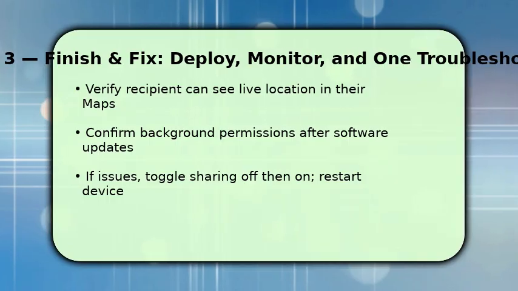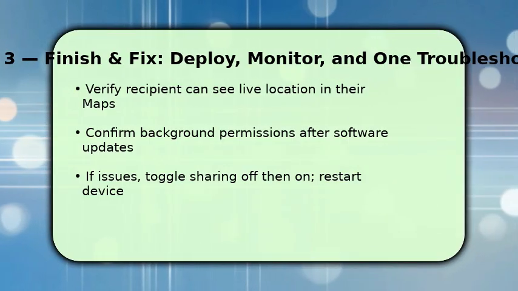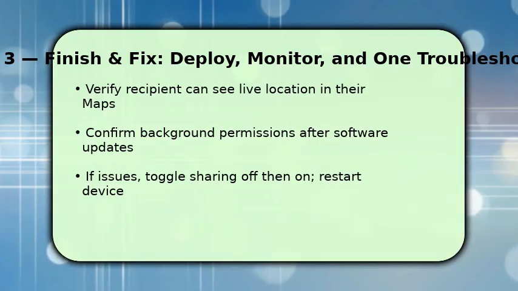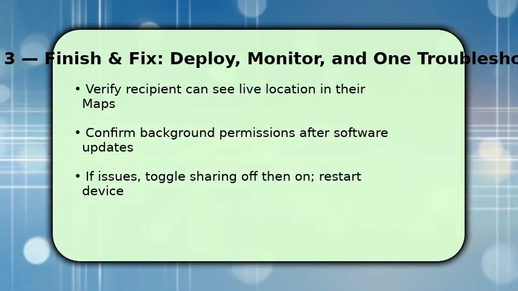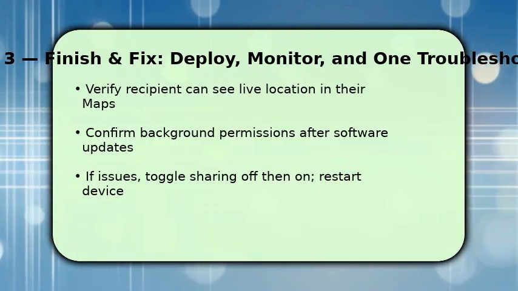These often reset settings. If sharing fails, toggle location sharing off then on, restart your device, and recheck battery optimization exemptions. As a key troubleshooting tip, if location shows inaccurate, switch to high-accuracy GPS, clear Maps cache, and